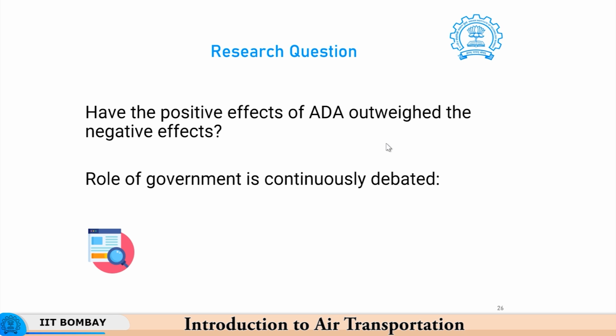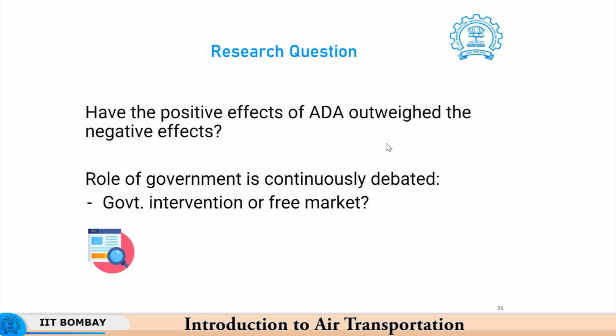Okay. Then the second point is that the role of the government is continuously debated. Should the government have a direct intervention in the market, or should it leave it to the free market? There are champions of both. Okay. So, today the tendency is to move more towards the free market, allowing market forces to take care. It is simply because many governments are not in a position, even if they want, to really pump money, because this is a very volatile field. Okay. So, by default nowadays there is more push towards free market,